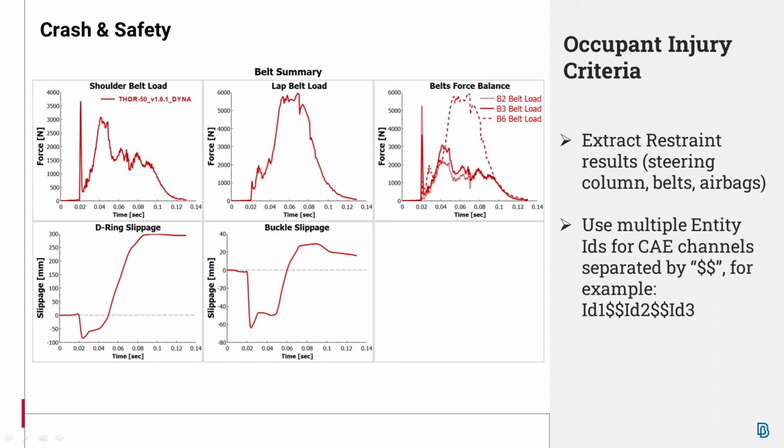In this case, the tool will try to plot the curve for ID 1, and if no curve is created, it will try to plot the curve for ID 2, and so on until a curve is created. Finally, another new feature is the option to export all created curves in ASCII format files, where one file is created for each curve.